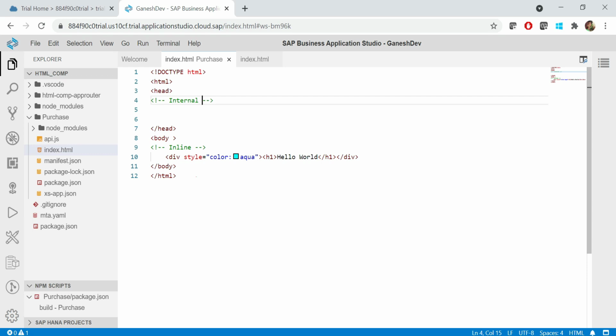or colors, different font size, and for paragraph 1 they want a different style, paragraph 2 a different style. You don't want to repeat it again and again, right? And if any change comes, you have to do it everywhere. So instead of that, you can do it in the internal way, meaning I'm going to do it in my head block. What I'm going to do is create a style